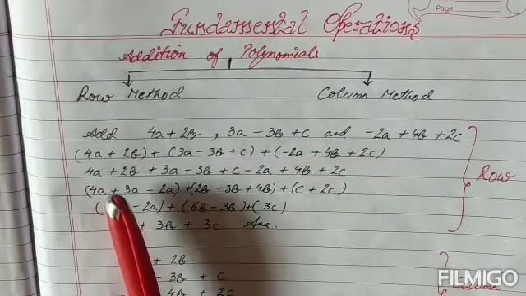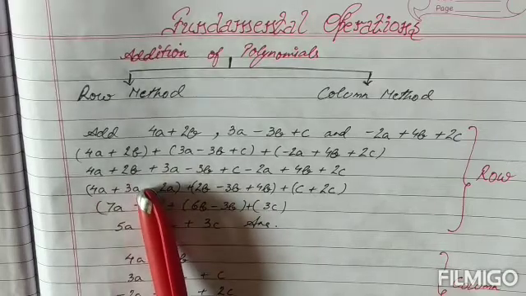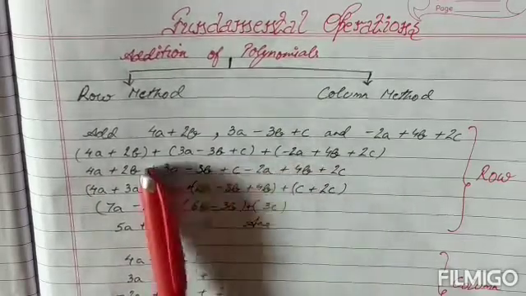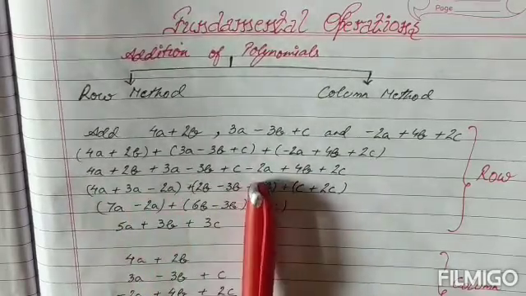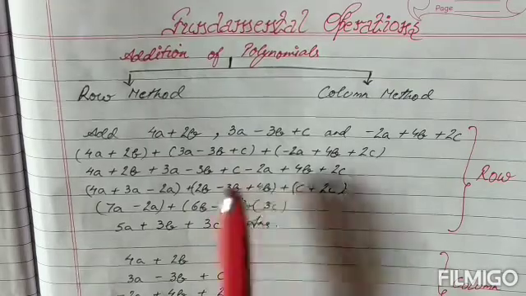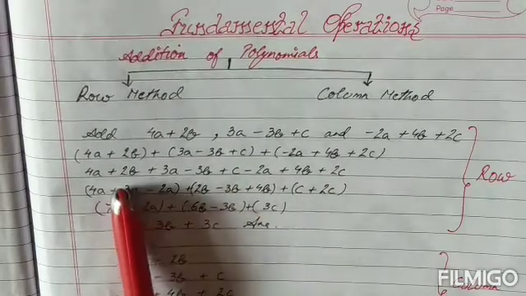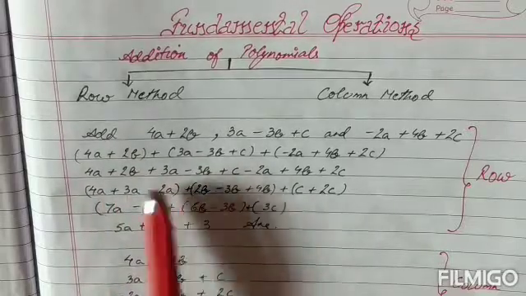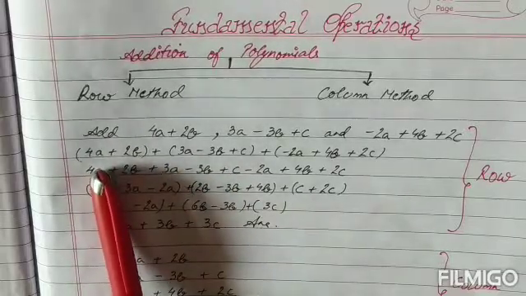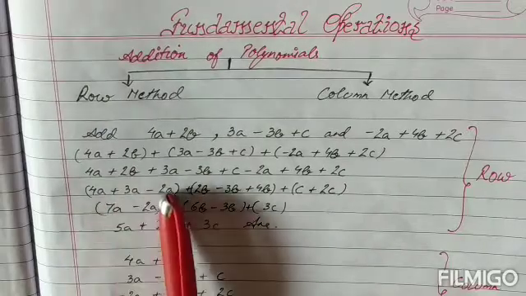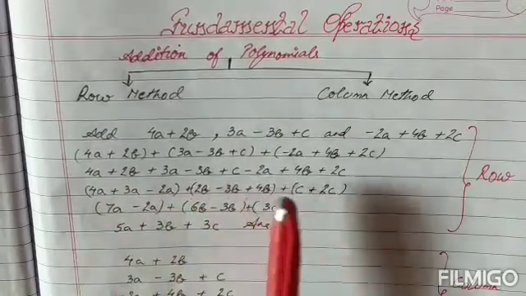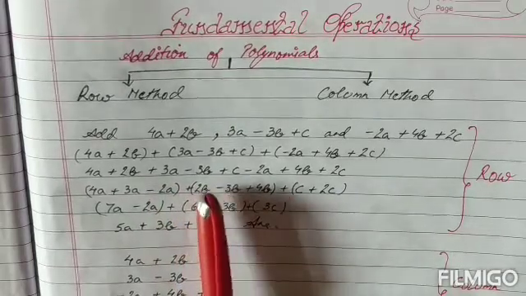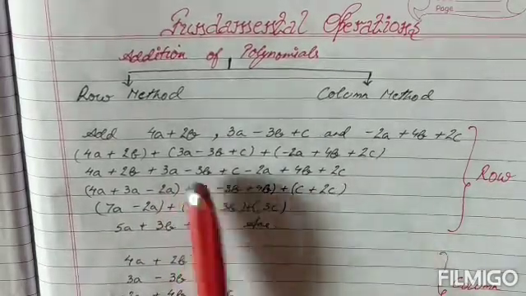Second, children, I'm going to open up my brackets. Now when I open up my brackets, in this question there is a plus sign, so we don't have to make any changes whatsoever. But second thing is we also have to check whether all the terms are given in the same order or not. Like in the first one, it is first the a, then b. So I have arranged my second and third polynomial in the same way, that the first term is an a term, second term is a b term, and then a c term, as you can see.